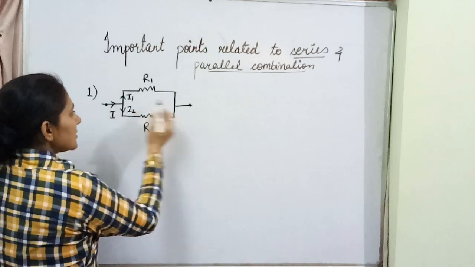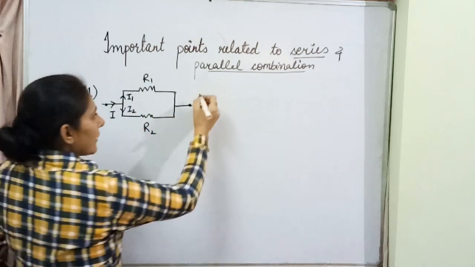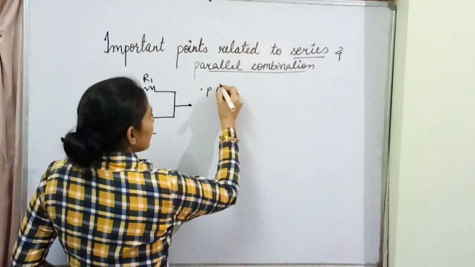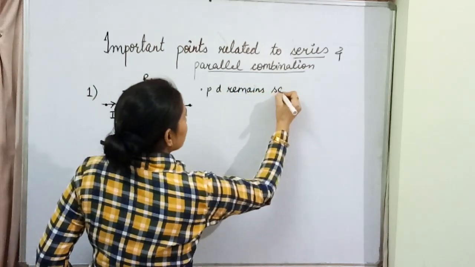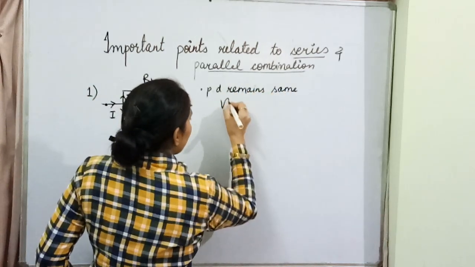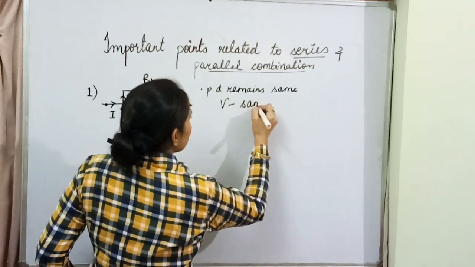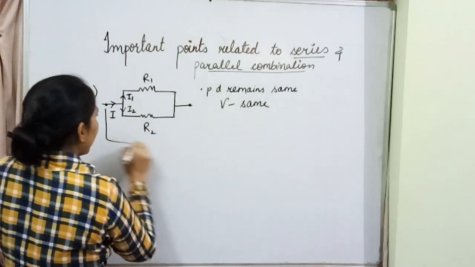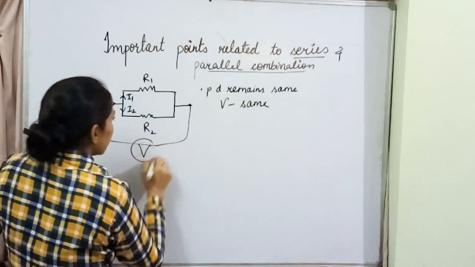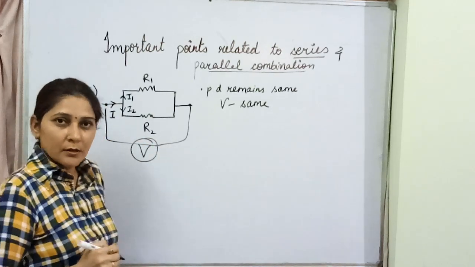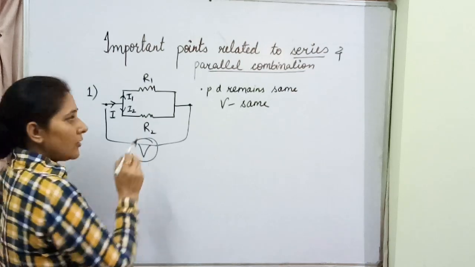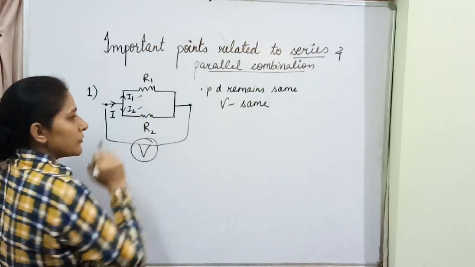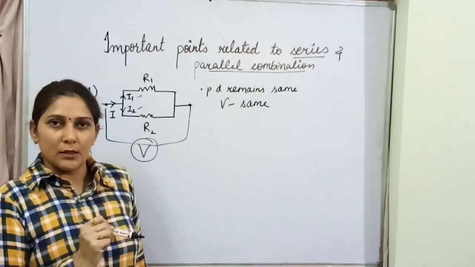But as these two are connected in parallel, we studied that the potential difference remains the same. That means the value of V remains the same. So this is supplied across what potential difference? V. Got it? So what to find out? Now the examiner can ask you to find out the value of I1 and I2. दोनों का अलग-अलग से value बताइए.